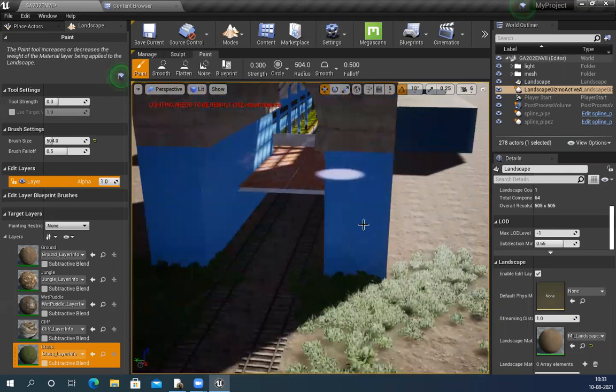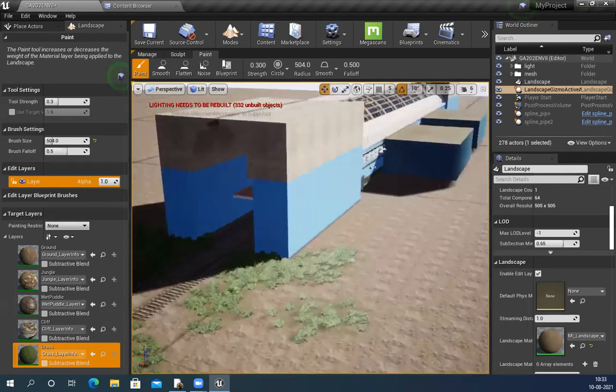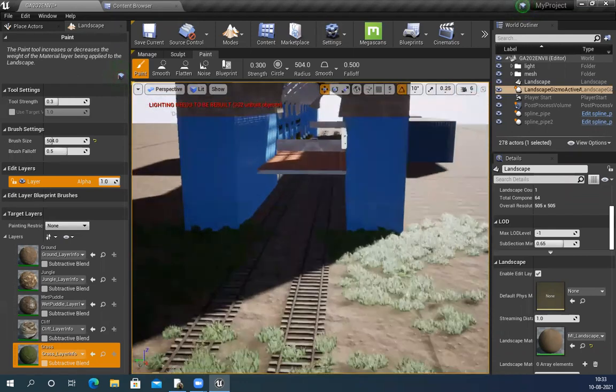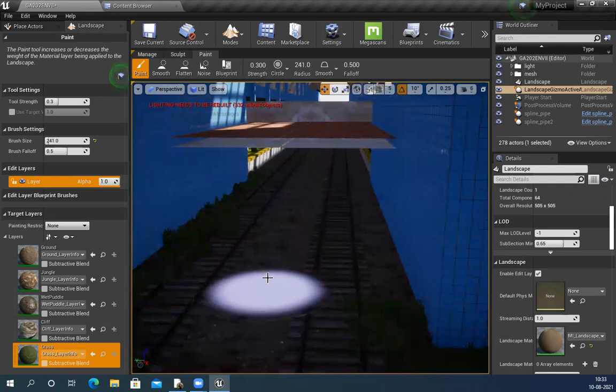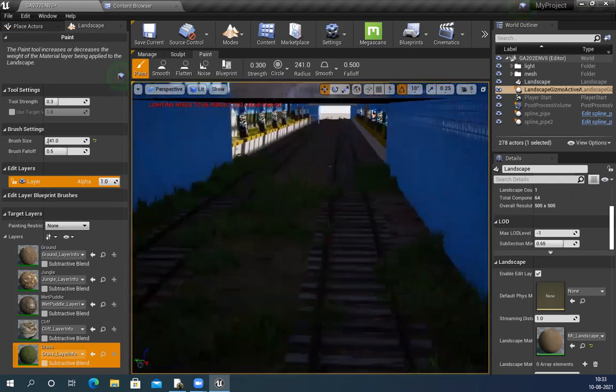And this part I have to move up. A little random.